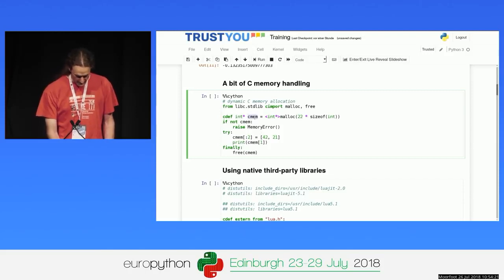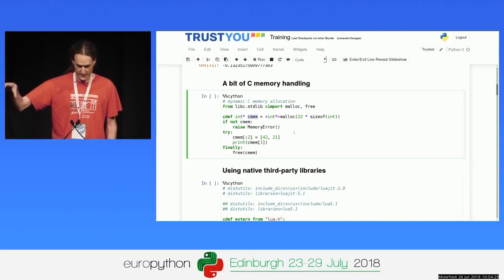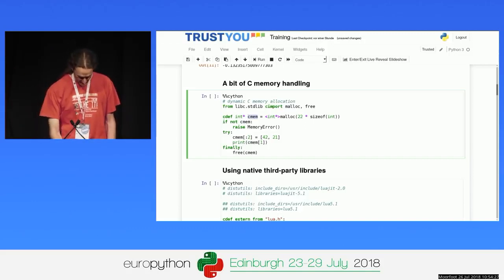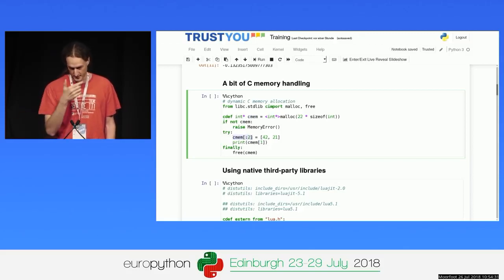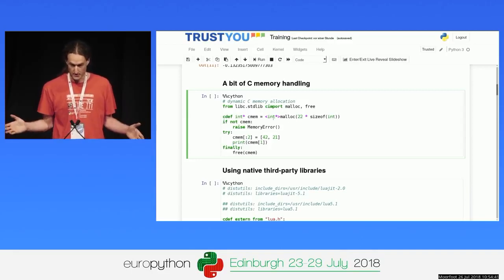No, because cmem is just a memory pointer. This is one place in memory, and here I'm explicitly telling Cython to assign something to the first two entries, which is still much nicer than in C. But pointers are just pointers. They're not arrays. Arrays are actually bounds checked.